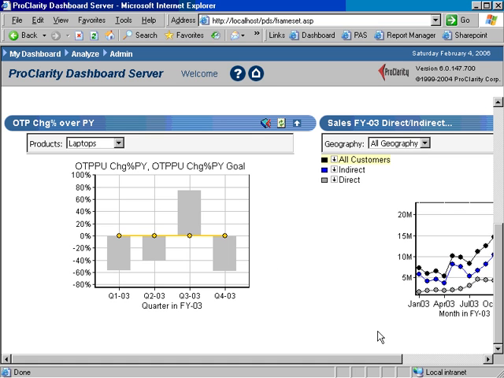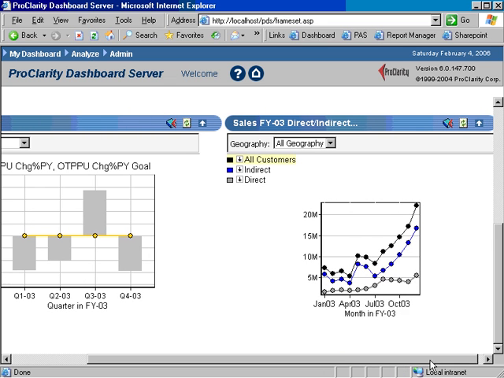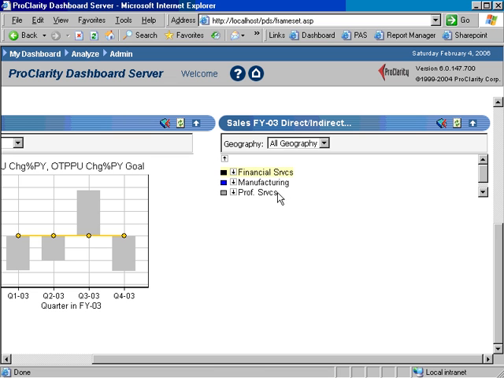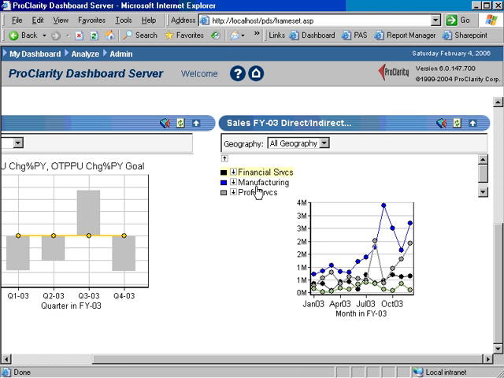And finally over here you can see one for fiscal year 2003 sales by the direct and indirect channel for the total of all customers, and then those in the indirect channel and the direct. And you could drill down on those. You'll notice that sales for the direct channel tends to be a little bit low and not quite as volatile. So you could click on this little down arrow next to the direct, and it drills down into the subgroups